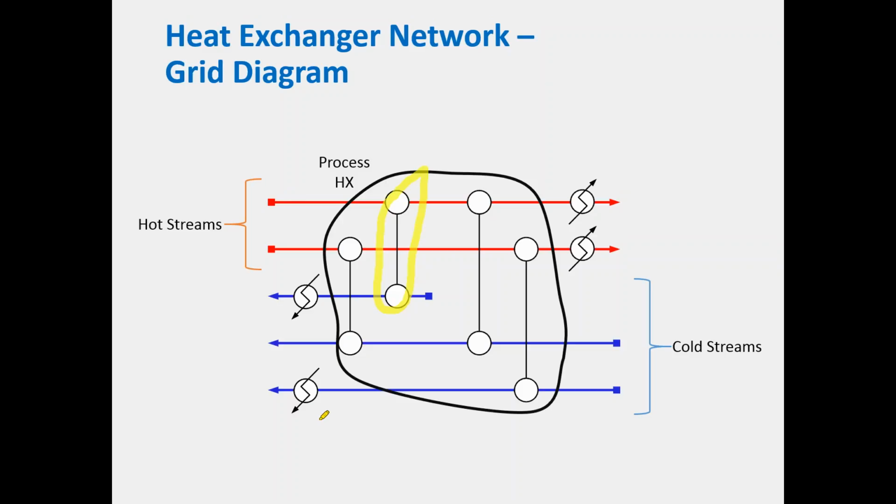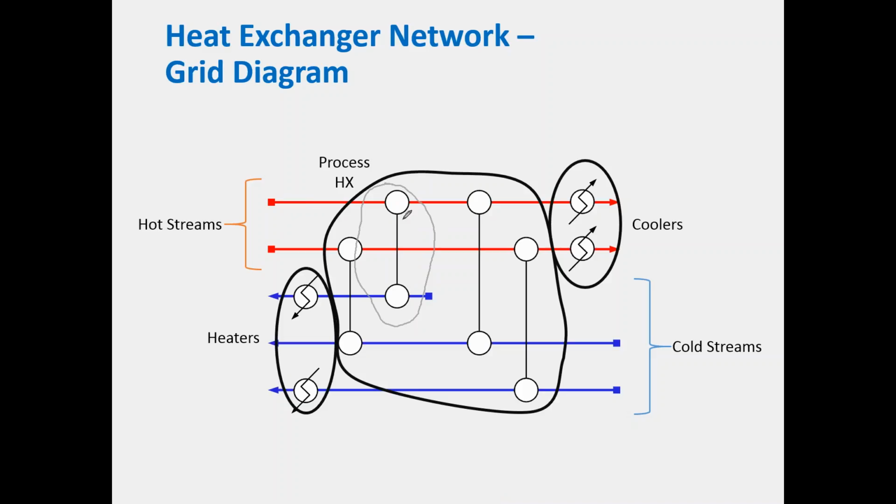So that indicates a recovery heat exchanger between those two streams. And we then have our heaters and our coolers supplying utility to the process. So you can see here that with our process heat exchangers, if we just pick on this one again,